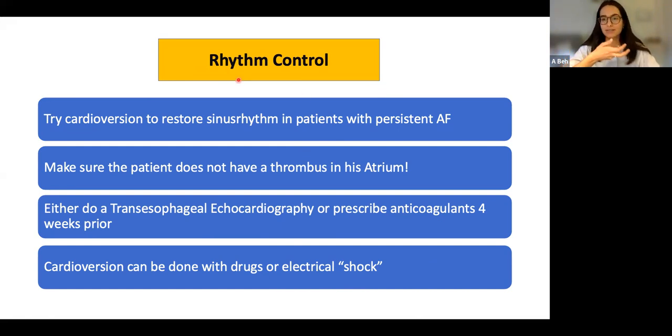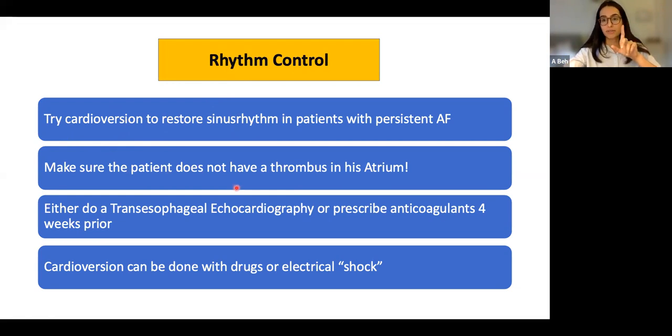So what exactly is rhythm control? In rhythm control, we try to restore the patient's sinus rhythm, and we do a cardioversion. Cardioversion just means that you want to convert the patient into a healthy sinus rhythm again. Before we do cardioversion, we always have to, very important, make sure that the patient does